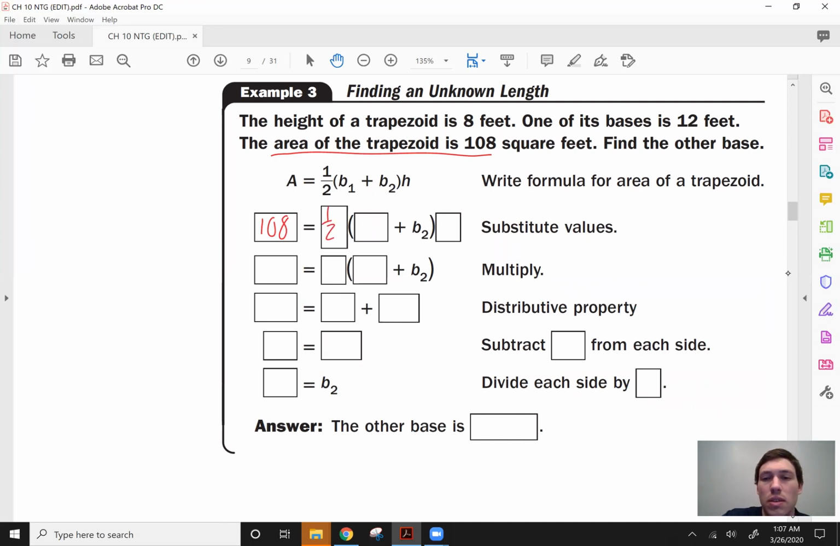1/2 base 1. Oh, we don't know. That's what we're finding. Plus, or we're finding base 2. One of the bases, though, it says is 12 feet. And then it says the height is 8 feet. Okay, so 108,